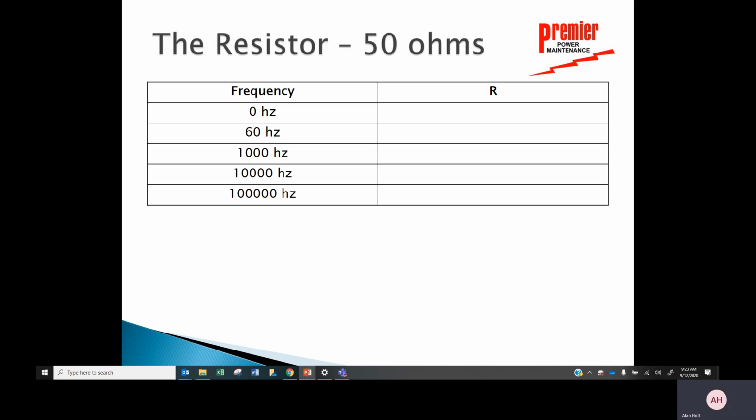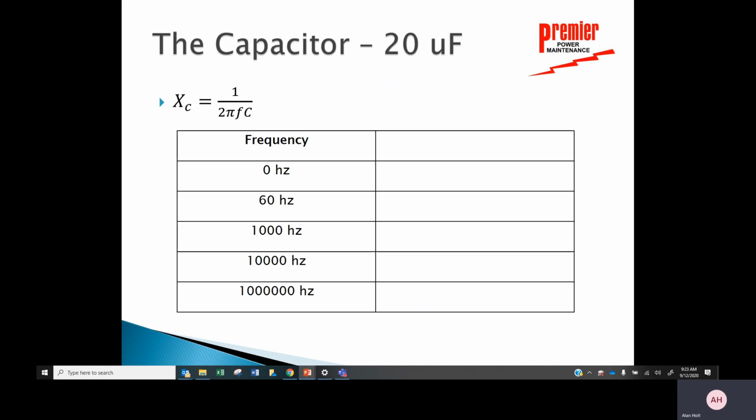So let's look at this resistance, just to go over things quickly. If I've got a resistor of 50 ohms, then it's going to be 50 ohms all the way through all the various frequencies that I might have here. So it has no impact on that whatsoever, because it's not dependent on frequency in any way. So to summarize again,